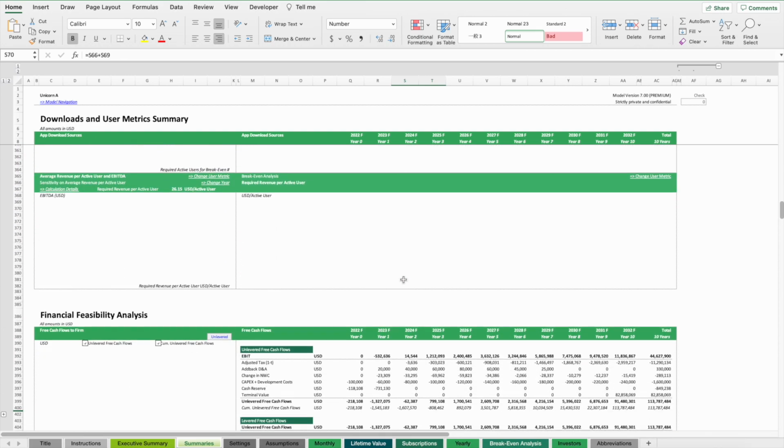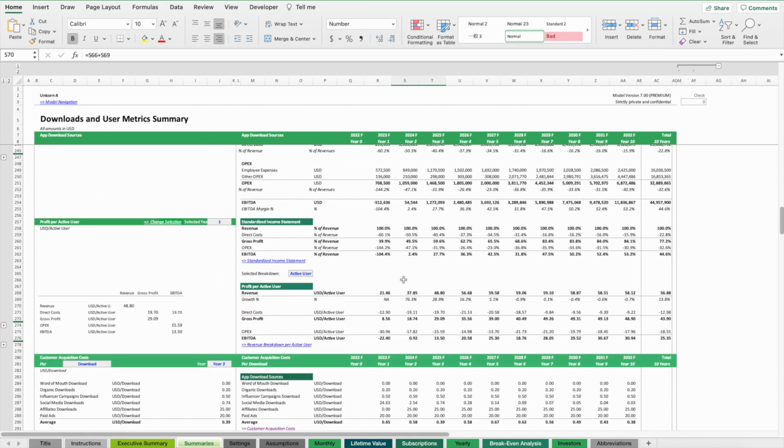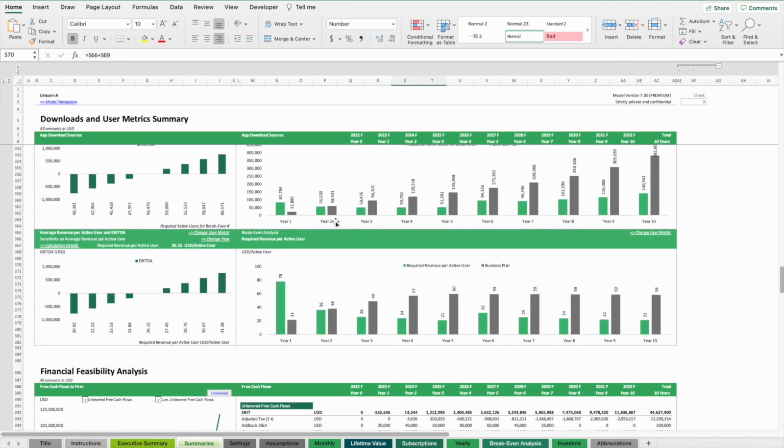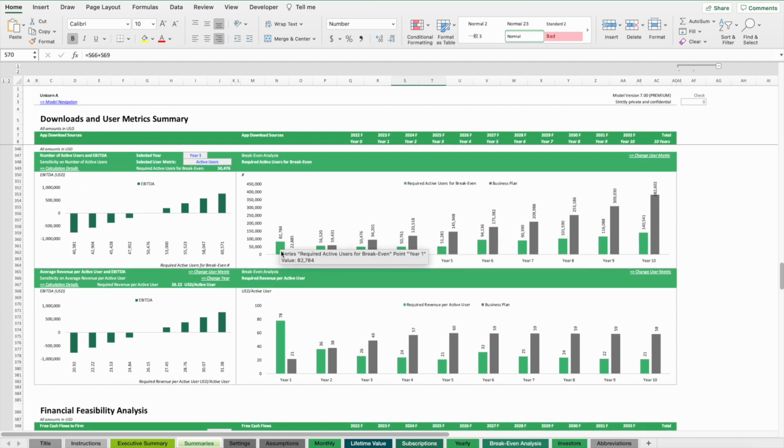So if you go back to break-even analysis, voila. You can see only in year 1 do we need more users than what we foresee in the business plan. So there's still a way to go. Here we are just at break even, so this is hard to make a profit. And then the further we go, we can better allocate our fixed costs, and then we should be profitable in